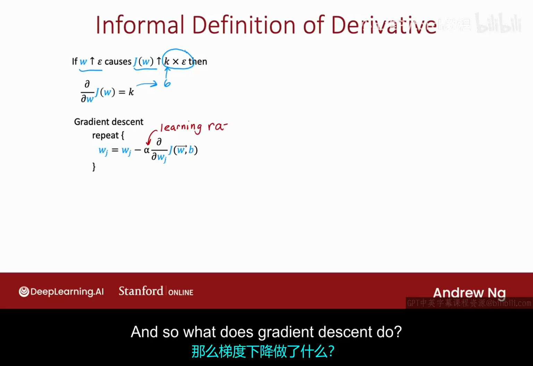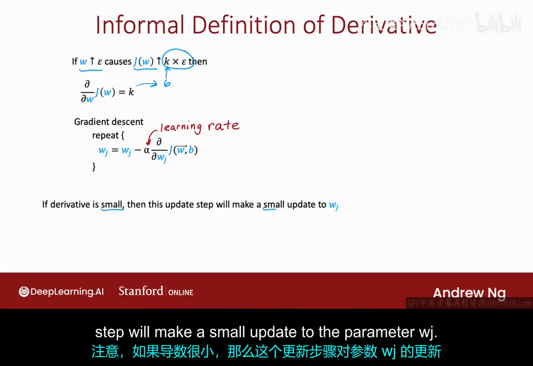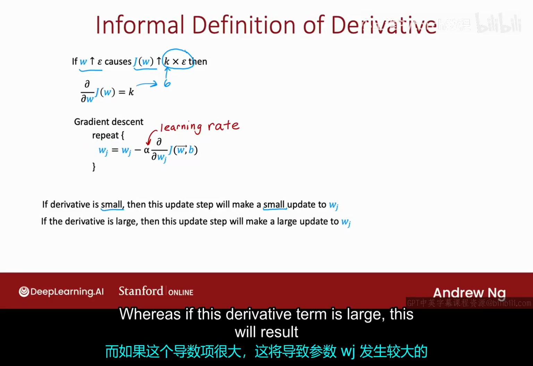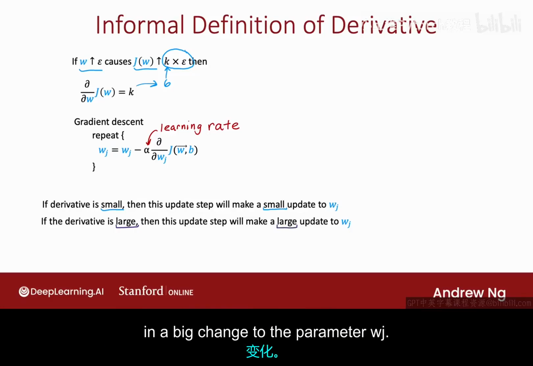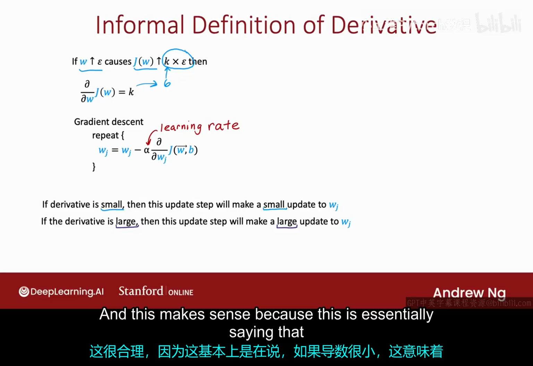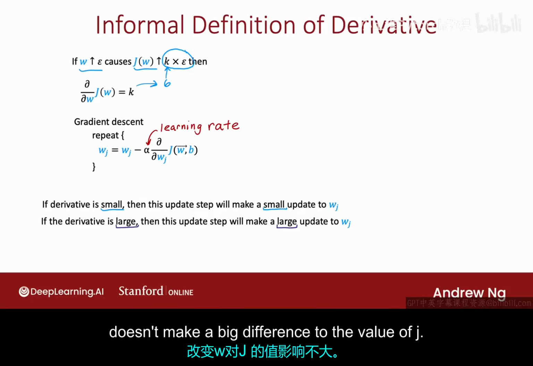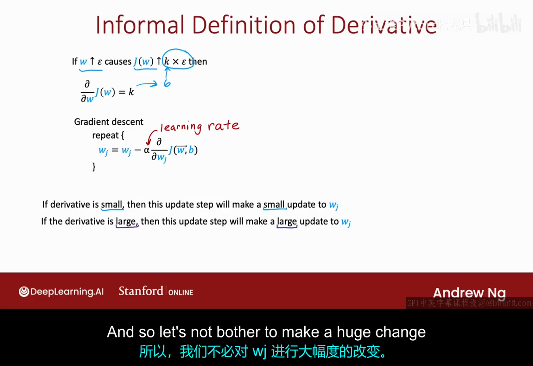And so what does gradient descent do? Notice that if the derivative is small, then this update step will make a small update to the parameter wj, whereas if this derivative term is large, this will result in a big change to the parameter wj. And this makes sense because this is essentially saying that if the derivative is small, this means that changing w doesn't make a big difference to the value of J, and so let's not bother to make a huge change